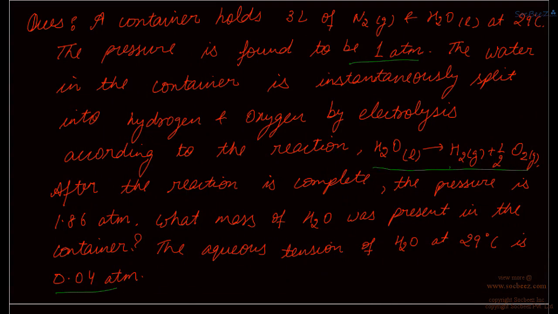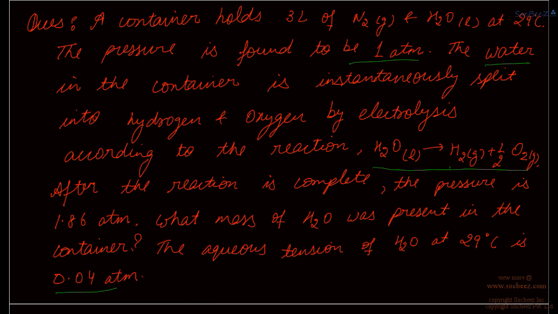In the question it is given that the H2O in the container is instantaneously split into hydrogen and oxygen, and hence the pressure of 1 atm is the pressure by N2 and H2O vapors, but electrolysis is done only to H2O, and that too instantaneously. This implies that H2O that is in vapor form, that was in equilibrium with the liquid initially, would be still left after the complete